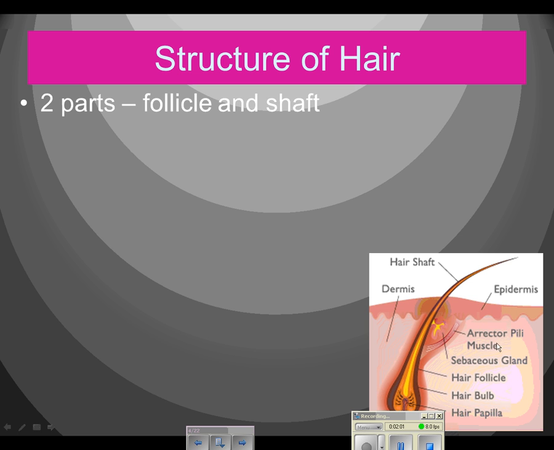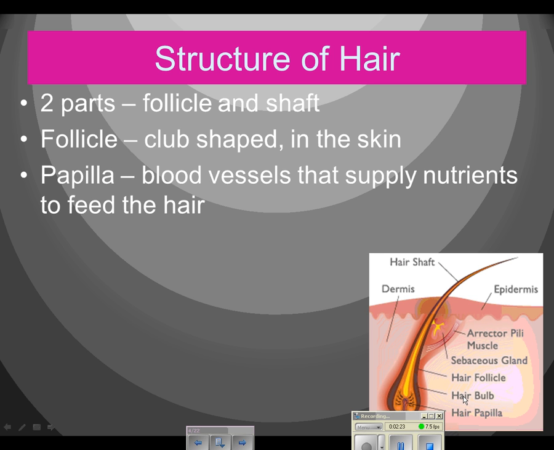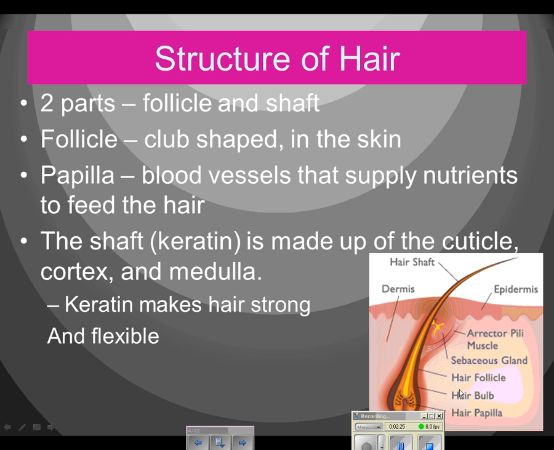Then we have this muscle here, the erector pili muscle, which helps the hair to be able to move up and down. The sebaceous gland, you have your oil glands, and you'll also find sweat glands in the skin in that area. So the follicle is going to be club-shaped, and it's really far into the dermis. And the papilla are the blood vessels that supply nutrients that feed the hair. And the hair shaft is going to be made up of keratin, which is a very strong and flexible protein. And on the outside of the hair shaft, that's the cuticle,